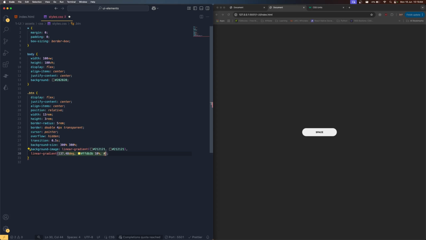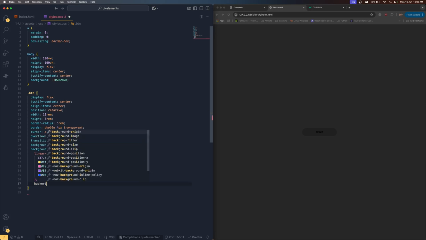Then #fe53bb, that needs to be 45 percentage. Then #8f51ea, that needs to be 67 percentage. Then #0044ff, that needs to be 87 percentage. Save it. Right, then what I'm going to do is I'm just going to say background origin, which is going